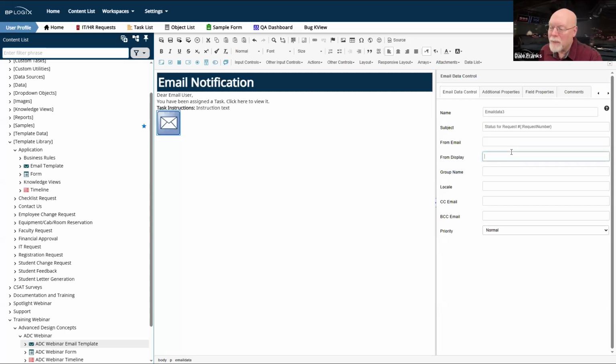You've also got from display. So the from email accepts the email address. The from display accepts just a plain text name. And this will be the display name that gets shown as the from address in the email. So you can do this, but you've got to remember, if anybody replies, then it's going to go to a person. Usually your default email address doesn't really go to anyone, and usually you don't really reply to these email notifications. So if you have a circumstance where you want people to reply and you want a real person to see that reply, that's when you would use this.